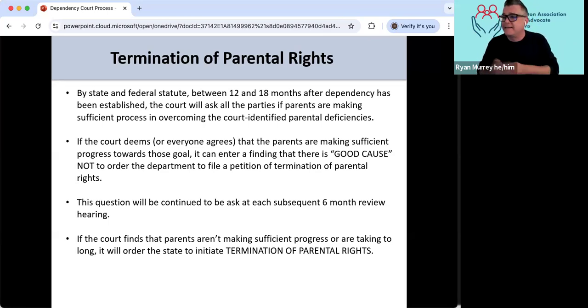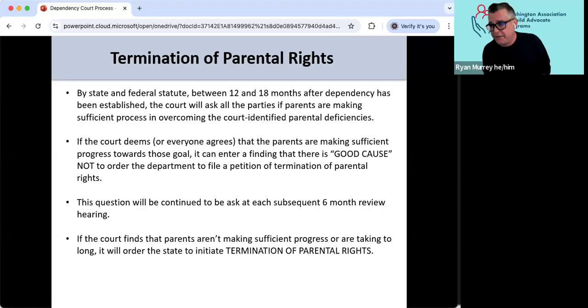And that appeal process takes months, if not years, to resolve. The state knows this, parents' attorneys know this, so they really try to avoid terminating parental rights when possible, especially if it's going to be contested.